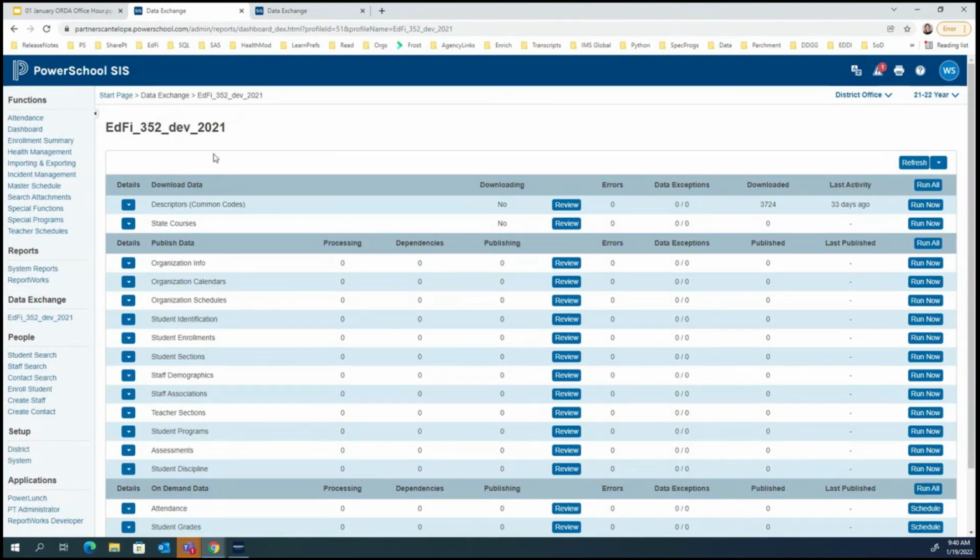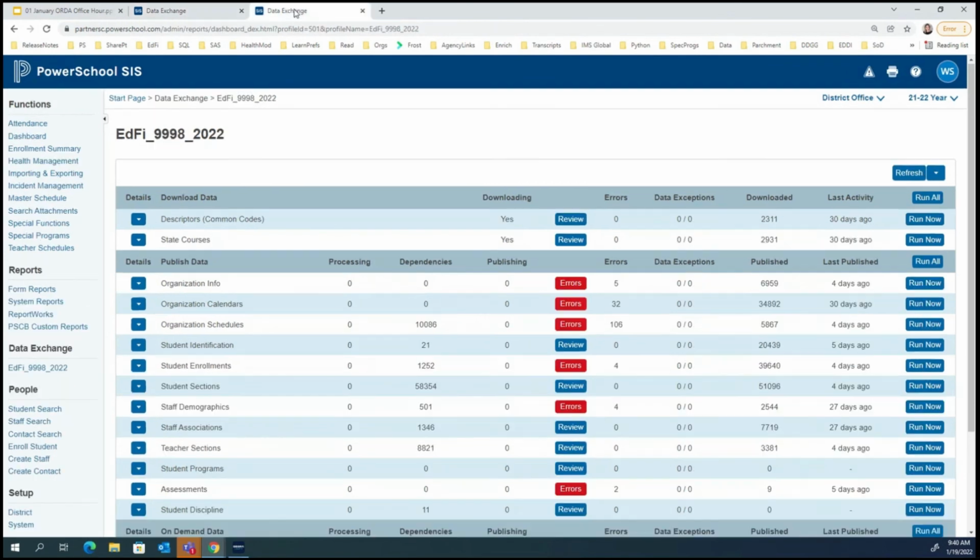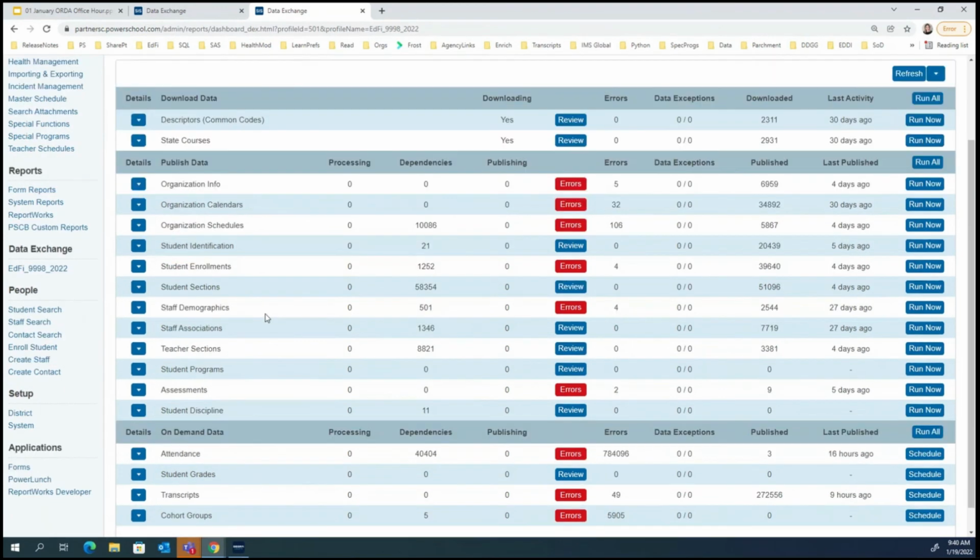Okay, great. So I'm going to come back over here. All right. So once we've done our code set mapping, or even if we're asking you all to hold on that, we can still come back over to our dashboard, and we're going to look at basically how to publish data to the ODS. So that's where we are now, very close to the end.